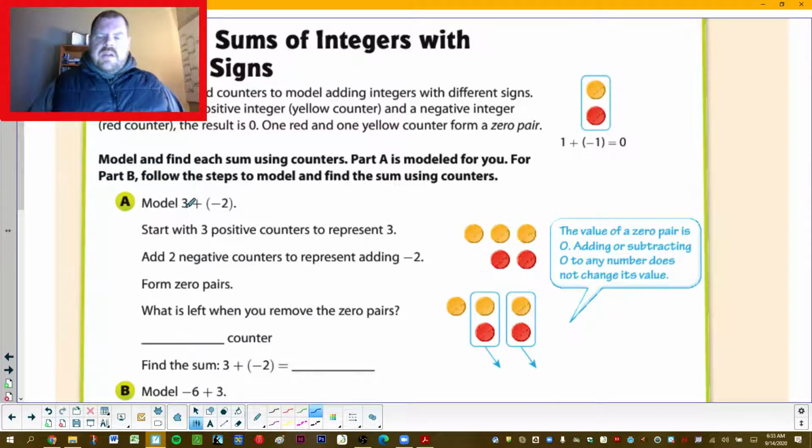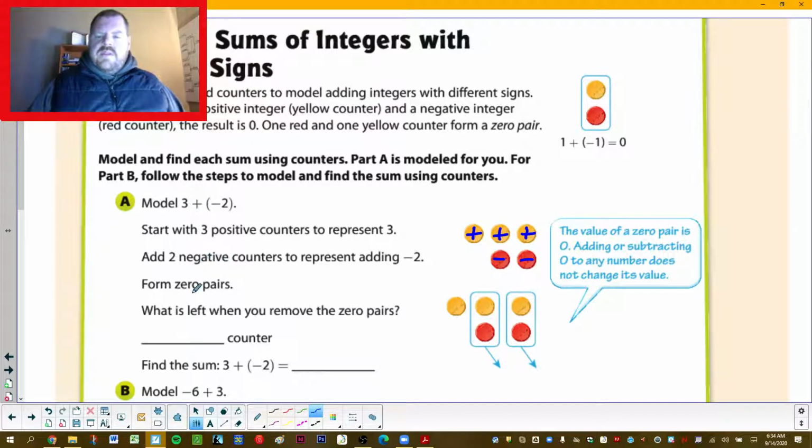So what we're going to look at is we're going to model 3 plus negative 2, and most of that's actually done for us here. We're going to start with 3 positive counters to represent 3. I'm going to use plus signs for those. They use the yellow counters. And then we want to add negative 2 counters, so add 2 negative counters, should say that the right way. We're going to use minus signs for that. They use red counters. So we're going to put those 2 negative counters in there